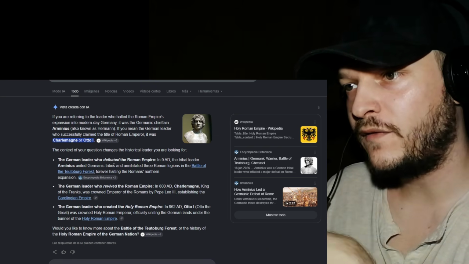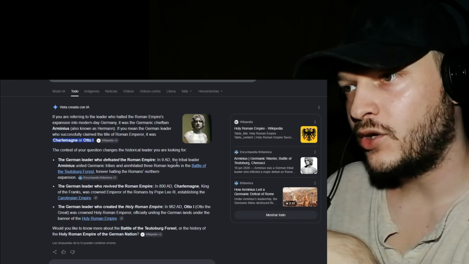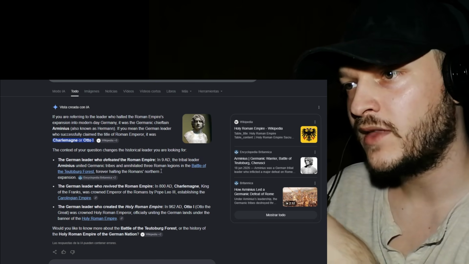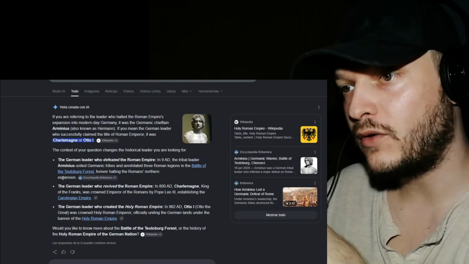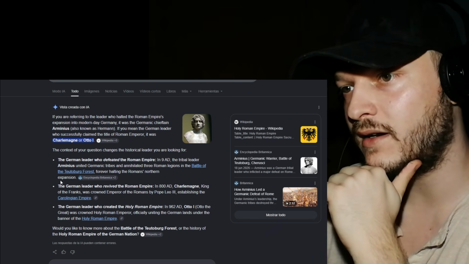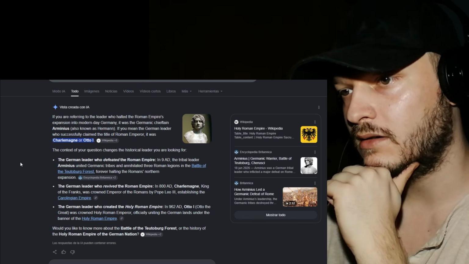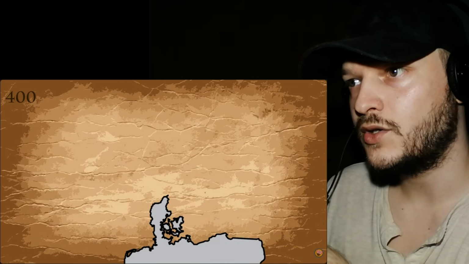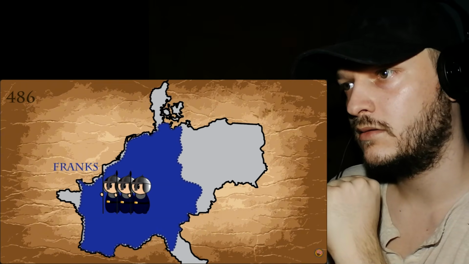Okay, the German leader who defeated the Roman Empire was Arminius. So the tribal leader Arminius united Germanic tribes and annihilated 3 Roman legions in the Battle of the Teutoburg Forest, forever halting the Romans' northern expansion. One of the tribes, called the Franks, dominated the region and slowly conquered all of France, Germany, the Low